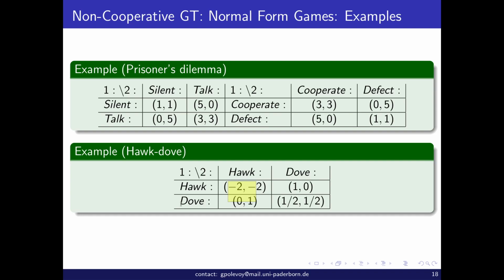Now, on the other hand, they can both be dovish, and of course, being a dove is an allegory to being peaceful, regardless that real doves are not necessarily peaceful. So, if they're peaceful, they just divide this between the two of them, they get half each. Now, if one of them is dovish and another one is hawkish, then the dove gets nothing and the hawk gets everything. So, if the row player is a dove and the column player is a hawk, then the column player gets 1 and the row player gets 0. And symmetrically, if the row player is a hawk and the column player is a dove.